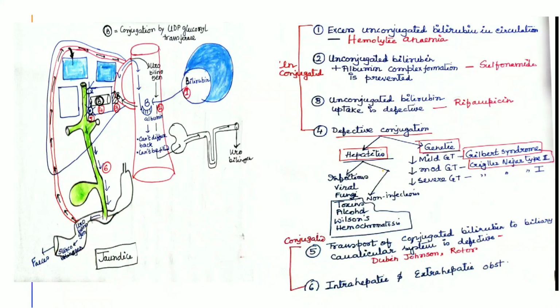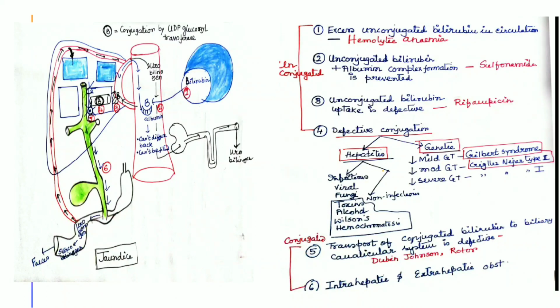Another syndrome is the Crigler-Najjar type 1 and type 2. Type 2 is a moderate deficiency of glucuronyl transferase, and type 1 is a severe deficiency of glucuronyl transferase. This is a very fatal condition. So if the glucuronyl transferase enzyme is defective, for example in Gilbert and Crigler-Najjar syndrome, there will be chances of